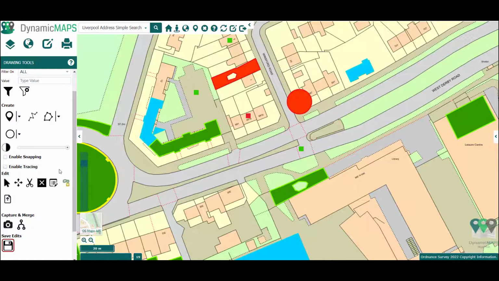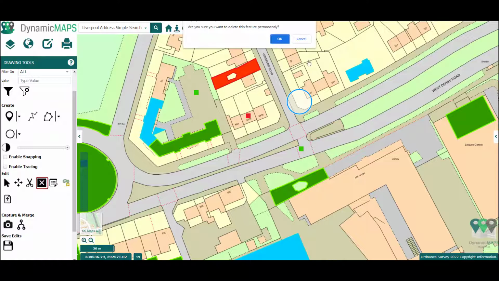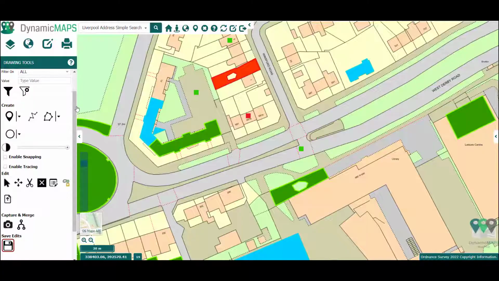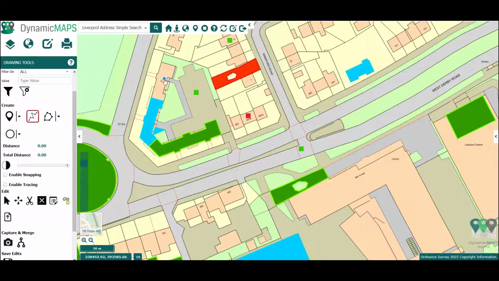If there's a planning application that needs deleting, choose the Remove Shape button from the Edit Tools and left click on the map feature. Ensure you confirm that you wish to delete the feature and then press the Save button to make the change. Let's draw a new planning application using the Draw Line tool, left clicking the map to start